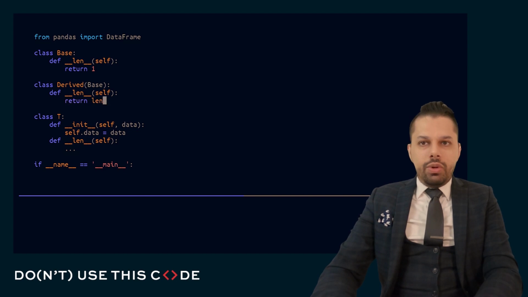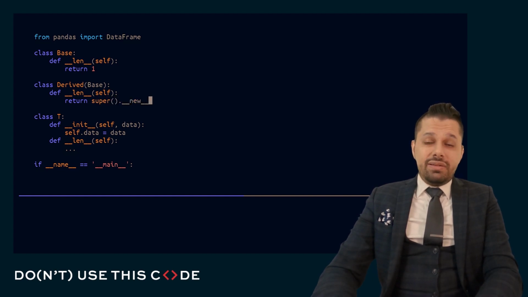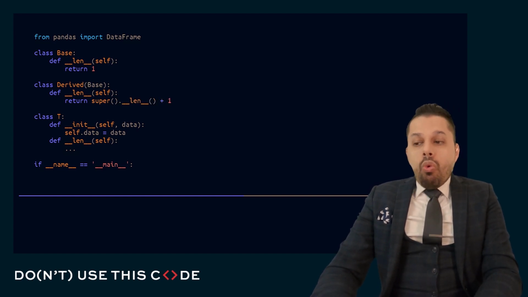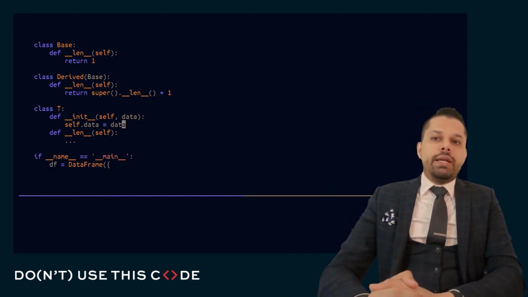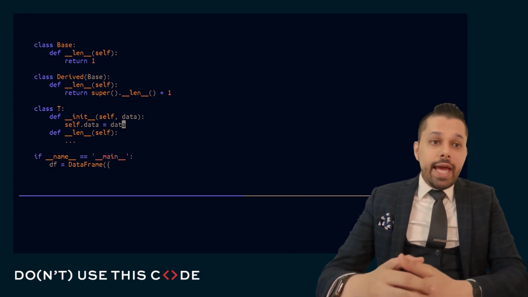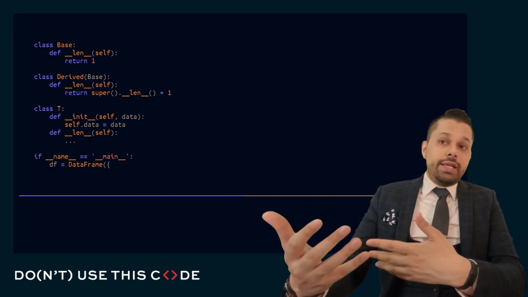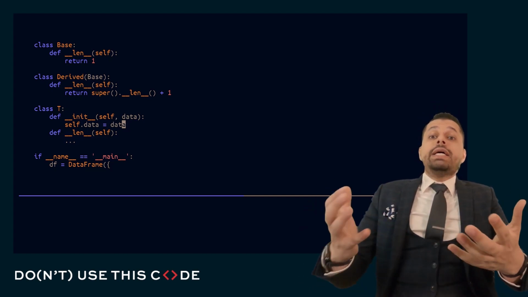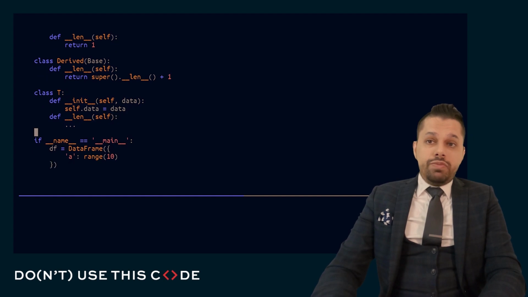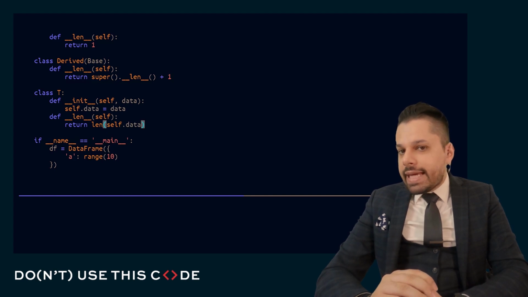In other words, a very common way that you might implement something like this might say, call len on my most immediate base type, and I don't know, add 1 to it. Or if this happens to be a compositional class, where instead of using inheritance, you have some other piece of data that is made an attribute of this class, self.data equals data, and you want to say, okay, I think that there's a meaningful description of what the size of this type is. You'll define that in terms of the same len function, and you'll define this by delegating that same protocol